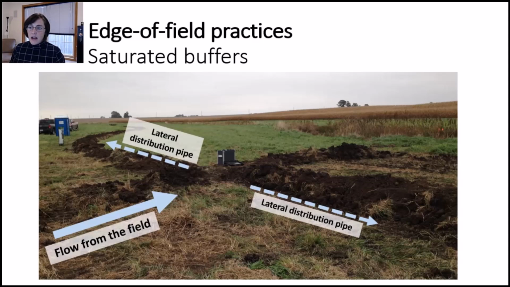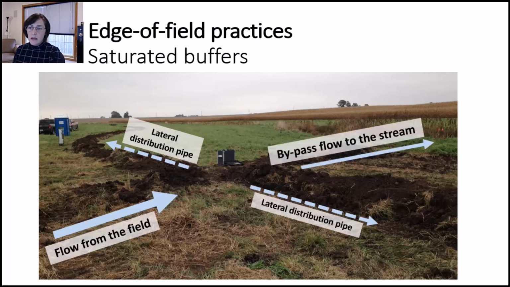And those distribution tiles are perforated drain pipe. You'll recall that perforated drain pipe has small holes in it, as opposed to solid drain pipe that doesn't have holes in it. And those perforations, those holes, are how the subsurface drainage water gets reconverted back into shallow groundwater. The water flows down those distribution laterals and out through the perforations and then just rejoins the natural shallow groundwater right there in the riparian area. And the water flows along the natural gradient towards the stream underground.